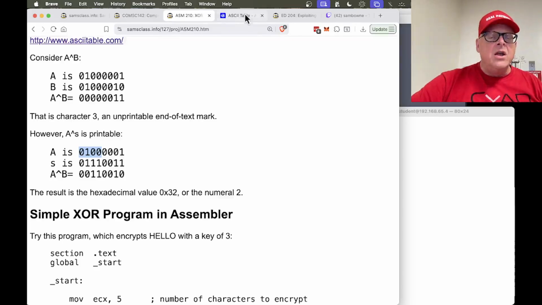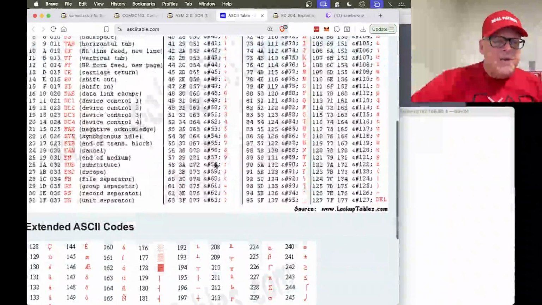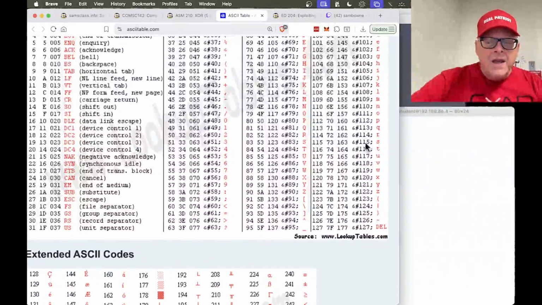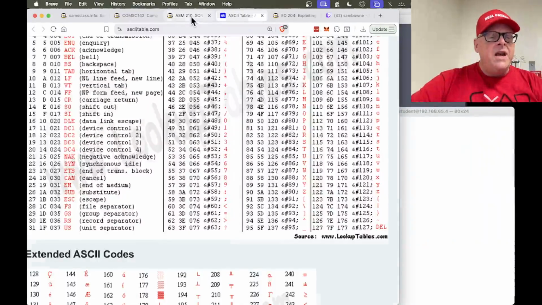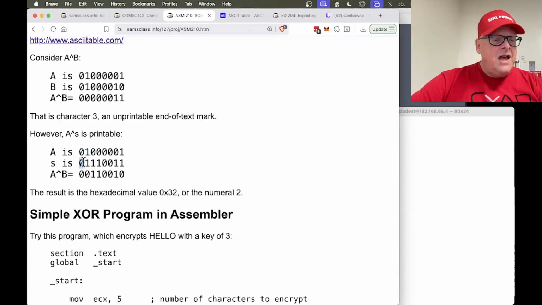Now an s, a lowercase s, is here. It is 73 in hex. So again, you can read it right off here. The left nibble is 7. That's 1 plus 2 plus 4. And the right nibble is 3, 1 plus 2. So this is s. And now if you XOR them, these bits are the same, and those bits are the same,